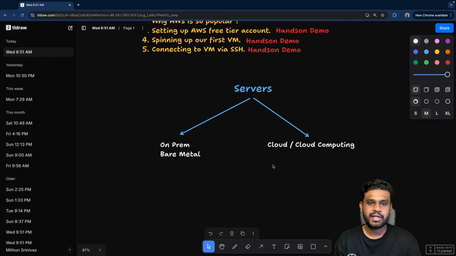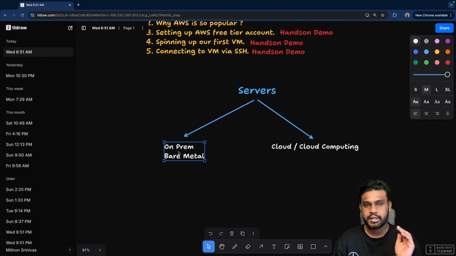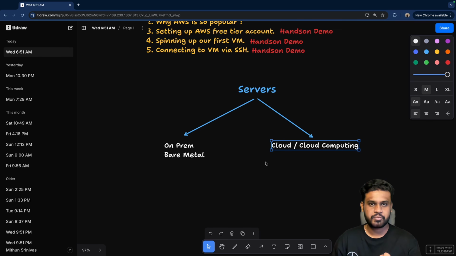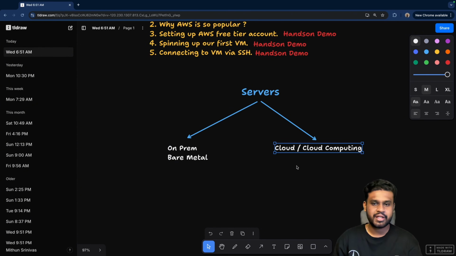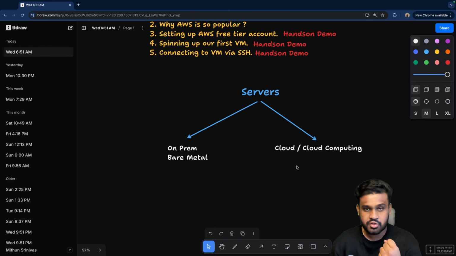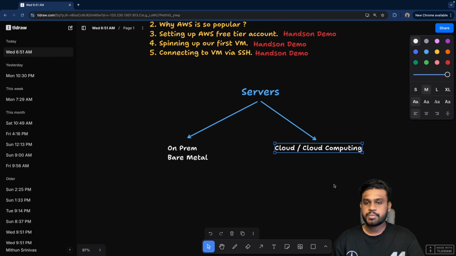Now you will be like, Mithun, if this is so powerful, why are we not leaving on-prem? It's not like on-prem is completely gone. It's still relevant. Why? Because in cloud you are not owning your data. Your data is with some service provider, on someone else's machine. So wherever data becomes very crucial, they go with on-prem, though the majority will go with cloud. It's not like Netflix runs on AWS and they are stealing the data. No, it's just a risk. That's it. It's not like AWS will use that data and do something. No. Great, so this is the whole server thing, and this is how the concept of cloud came into the picture.